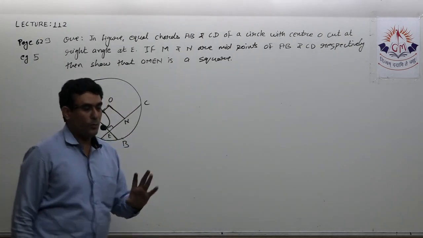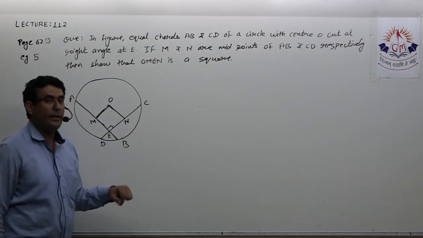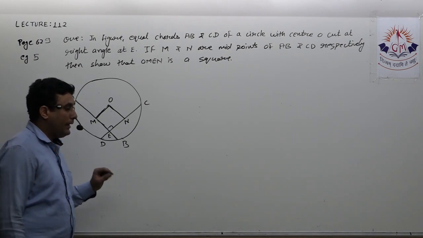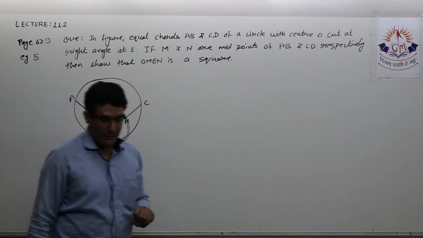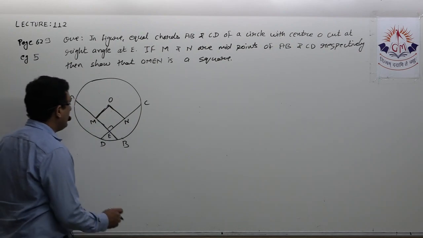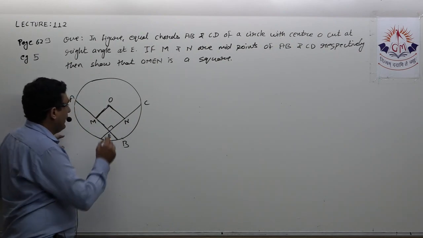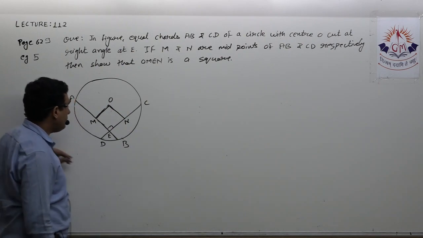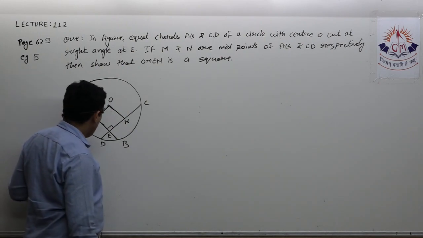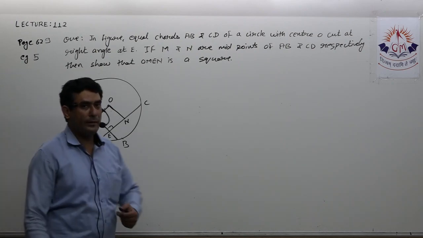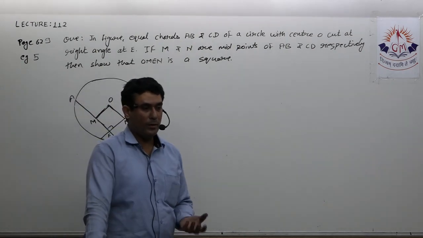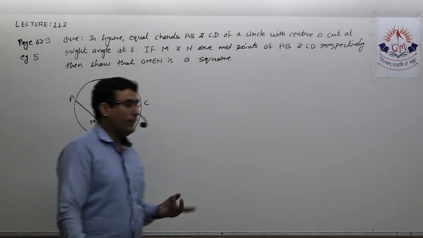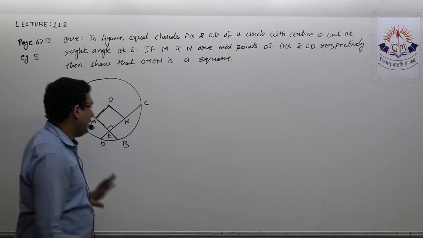First of all, it is required to prove it's a parallelogram. And then one pair of adjacent sides equal, that is all sides equal, and one angle 90 degree. So here one angle is 90 degree already given. If it is possible to prove it's a parallelogram, then it is very easy. But if it is not possible to prove parallelogram, or if it takes more time to prove it's a parallelogram, then better to prove all sides equal, or better to prove all angles are 90 degree.